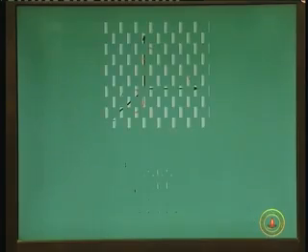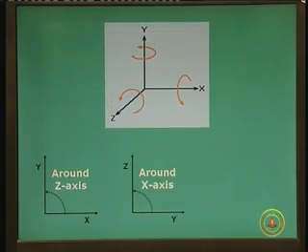Okay, so let us see why this is so. We come back to the three-dimensional right-handed coordinate system, as you can see here: x, y, z, and those arrows mark the rotation. Now, let us take the rotation about the z axis. When you rotate about the z axis, the rotation is from x to y.